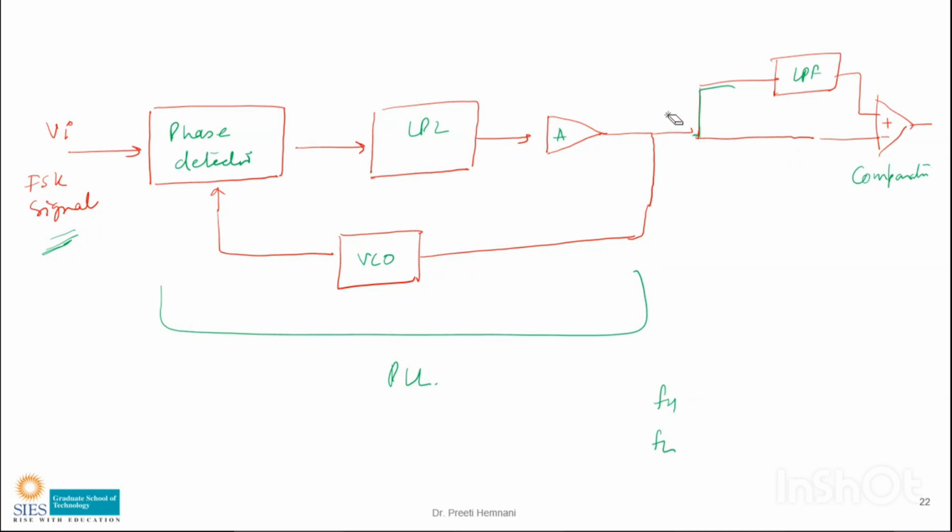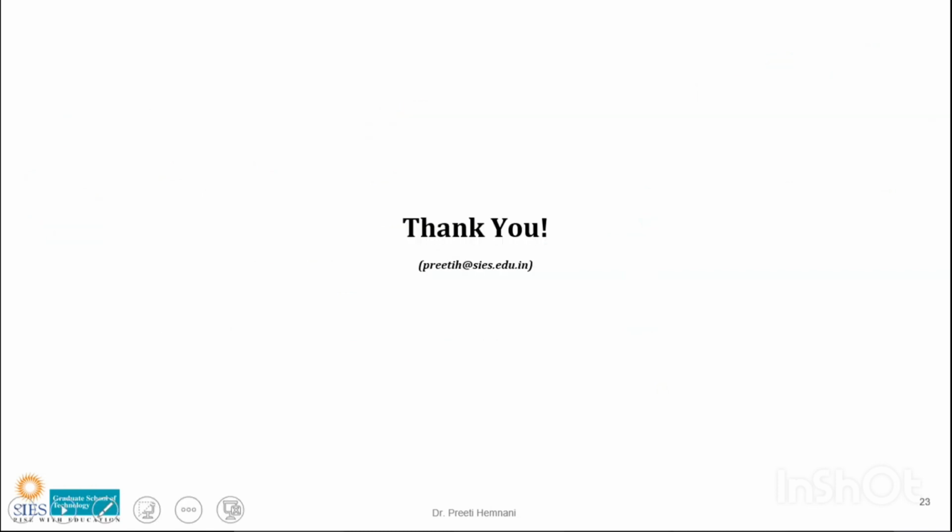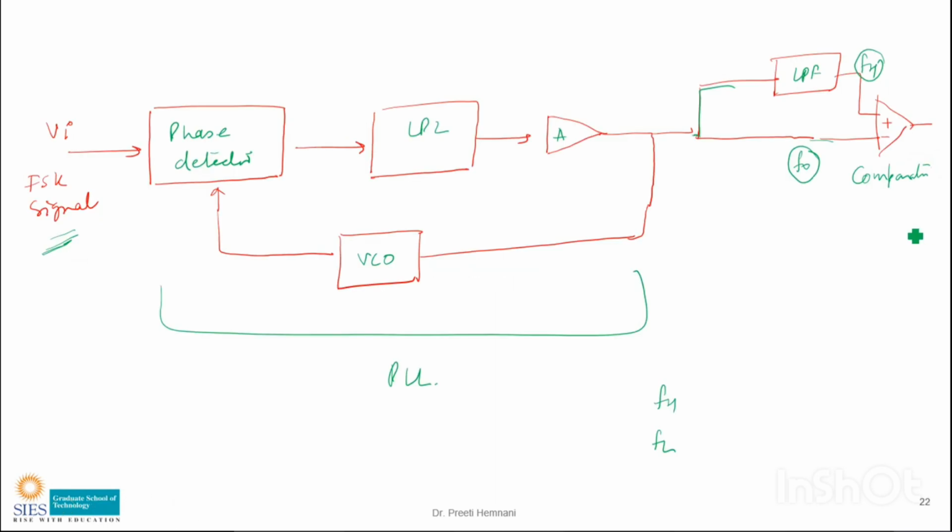We say this is the reference output. So when I say that this frequency will be FH, that is higher than the free running frequency of the VCO, this is the free running frequency of the VCO, F0, and this is FH. Then when this is higher than this, what will be the output? What will be the output when FH is higher than F0? The output will be 1. And when the frequency which you are transmitting is the lower frequency FL, compared with the free running frequency of the VCO, that is F0, so when this is less than this, the output will be 0.